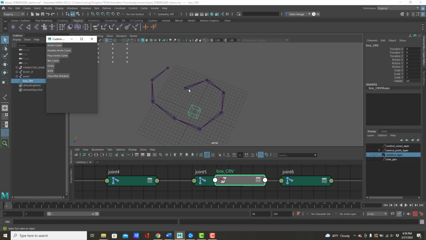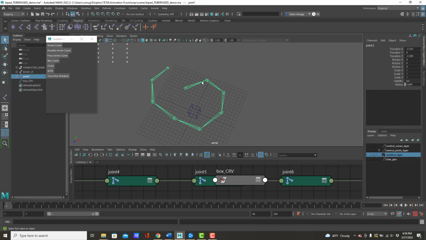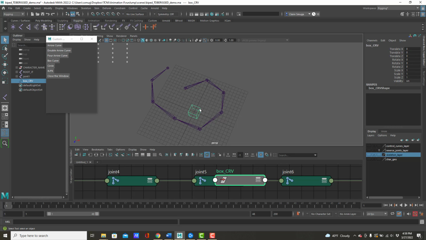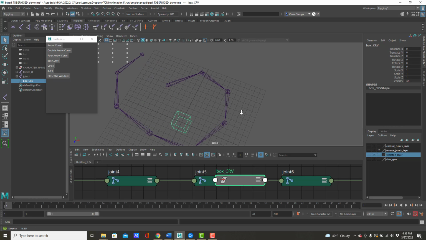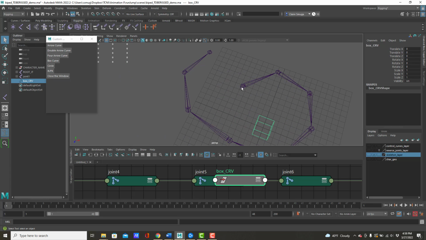So the inherent problem is this. Each of these joints has a spatial location that contains relative location data. So the location only changes relative to the joint ahead of it in the chain. They also contain rotation information that is not world space rotation. It's not housed in the channel box. So if I want this cube to be at the identical location and rotation of each of these joints, it's